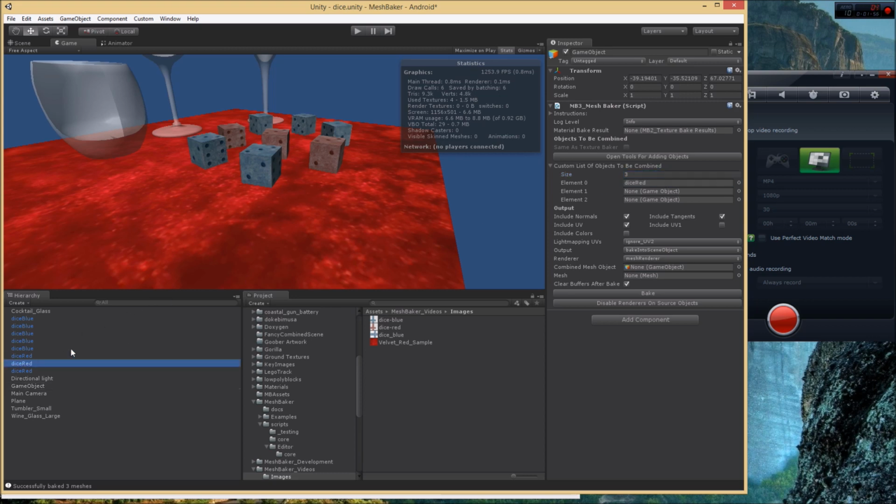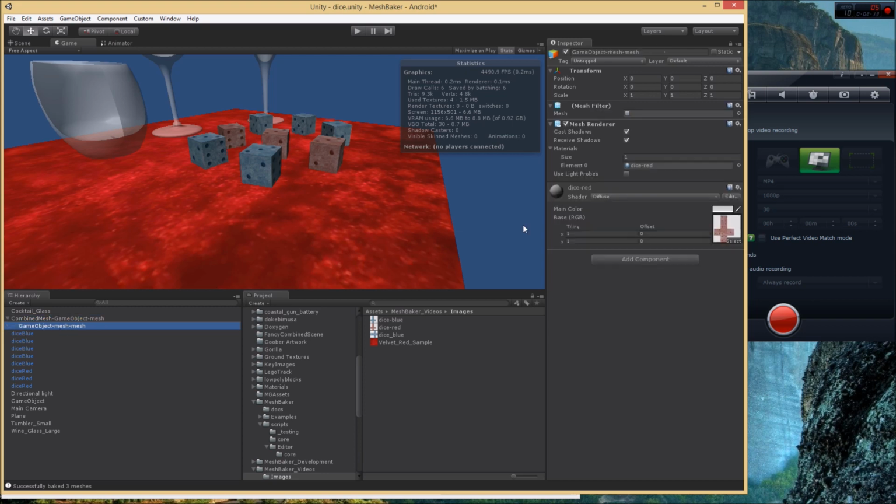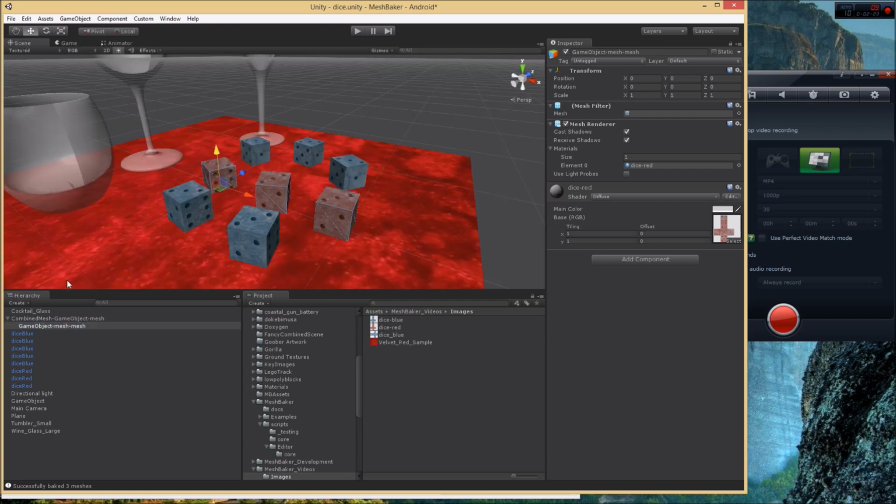So I add these 3 red cubes and I click bake, and what happened is a new object was created in the scene, this combined mesh game object, and if I look at its child, there's a MeshRenderer under there with a new mesh filter on it, and it uses the same material. If I go over to my scene, now that I've got that selected, you can see that new mesh is a copy of the original dice,